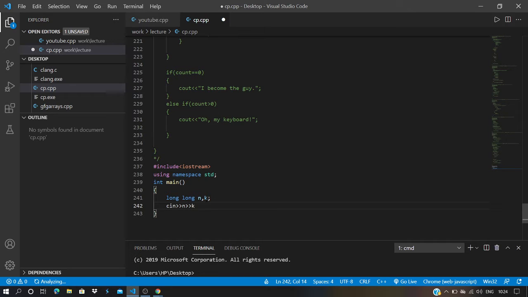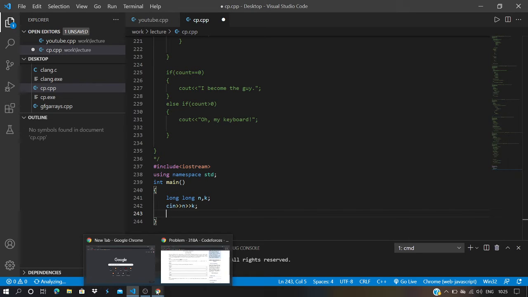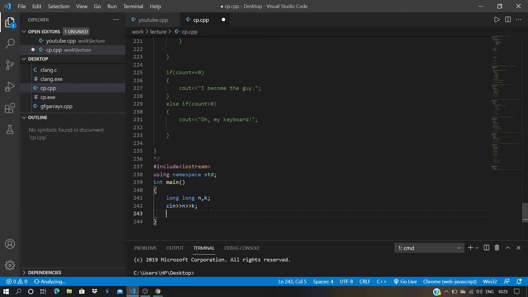So the conclusion part will make the question simpler, right? So let's do it. If your k is less than, this is the conclusion.